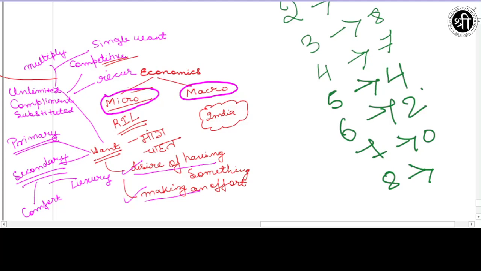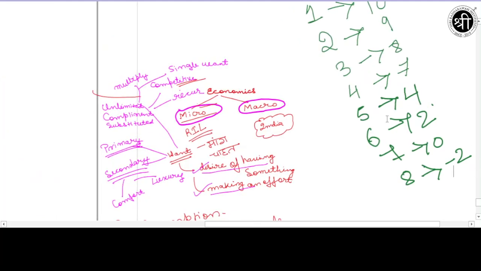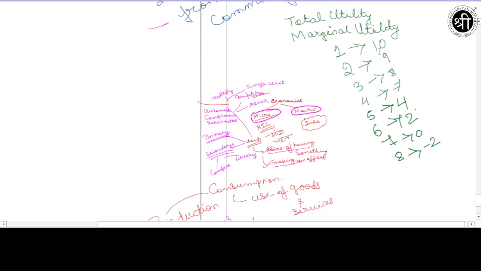So instead of getting any kind of satisfaction, you gained negative satisfaction. So this time you might say I did not like it. 0 तो छोड़ो, मैं इसे -2 यहाँ पे देना चाहता हूँ. Okay, so this is the rating. Okay, now